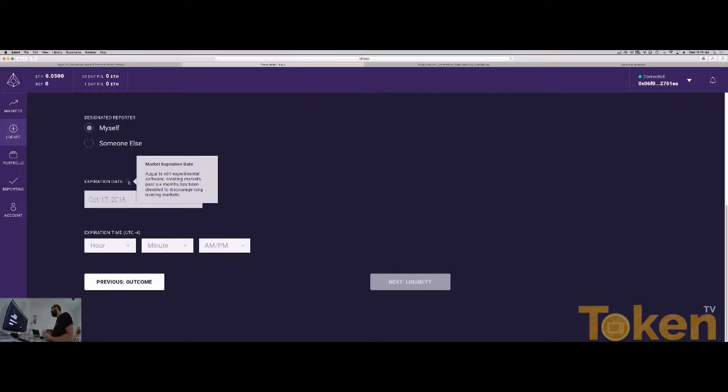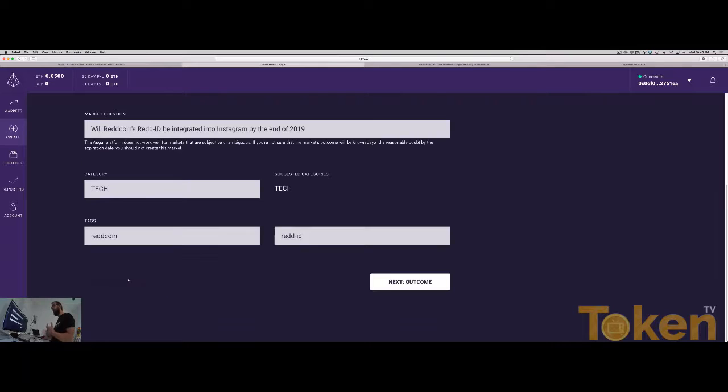Now, I don't know how to really discuss this. I must say this is a user experience issue. I think they provide an excellent reason for it. This is still experimental software, and we can't handle things that are that far in the distance. But this would require me to go back and change my wording to be specific to the options that are available to me. Luckily, they give you the ability to go back very easily without the need to redo information. So I'll say by the end of March